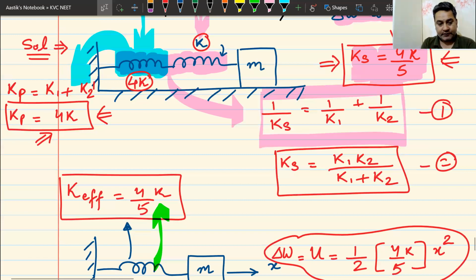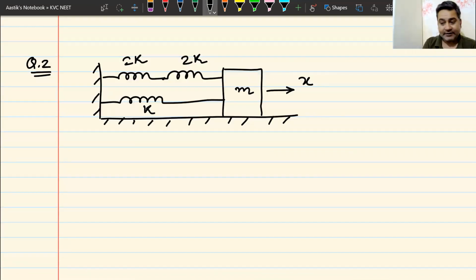Okay. If you have done this, then there is a sample problem, one more problem coming your way. And the problem now looks like this. Again, I have stretched or moved the block by a distance x. What is the work done in doing so? Or what is the energy stored in the springs? The question is there right away. I'll give you 2 minutes to solve it and come up with your answers. I'm not going to give any hint for this question. This question is straightforward. You should be able to understand it if you are able to understand the previous one. 2 minutes.